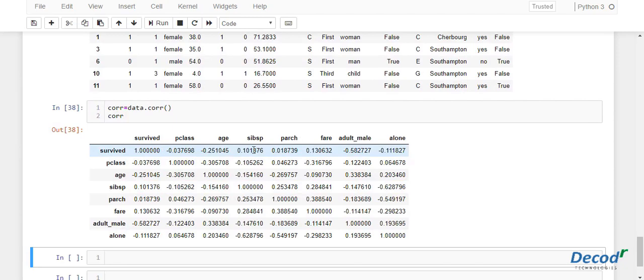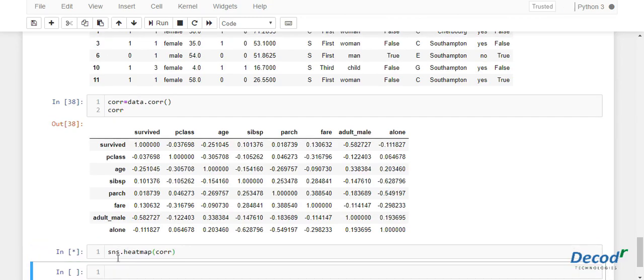Now to create a heat map with these correlation values, you need to call the heat map function and pass it your correlation data frame. So let's call a function from the Seaborn library called heatmap, pass this correlation data frame, and execute this.